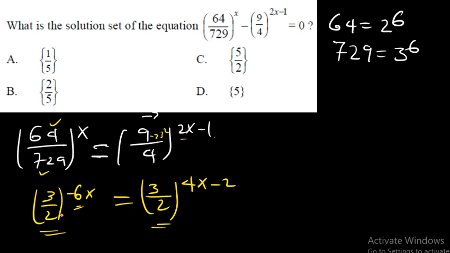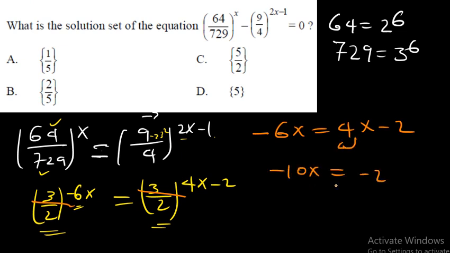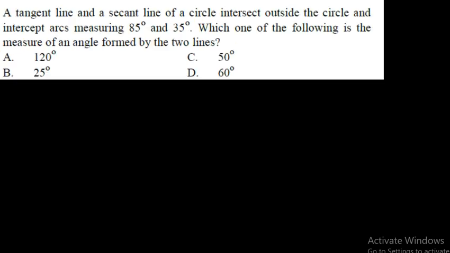Why? Because left hand and right hand, if they do have the same base, now I can take the exponent. Negative x is equal to 4x minus 2. Then bring it, it will be negative 10x is equal to negative 2 divided by negative 10, so x is equal to 1 over 5. That's going to be the answer, which is A. Next one,